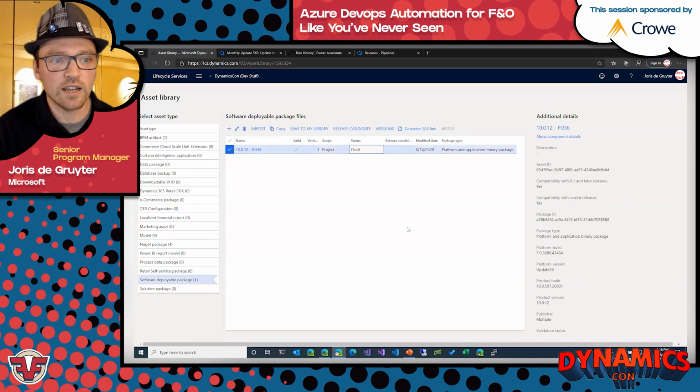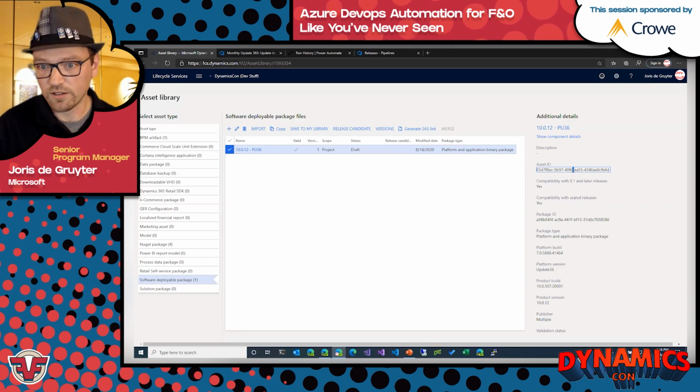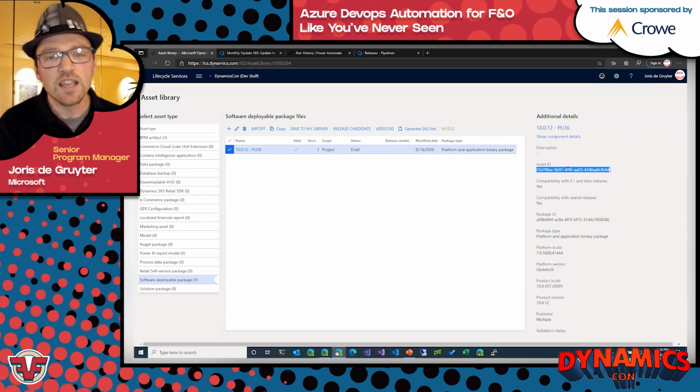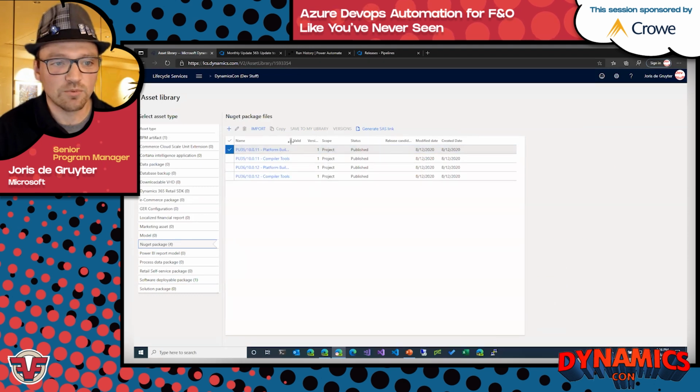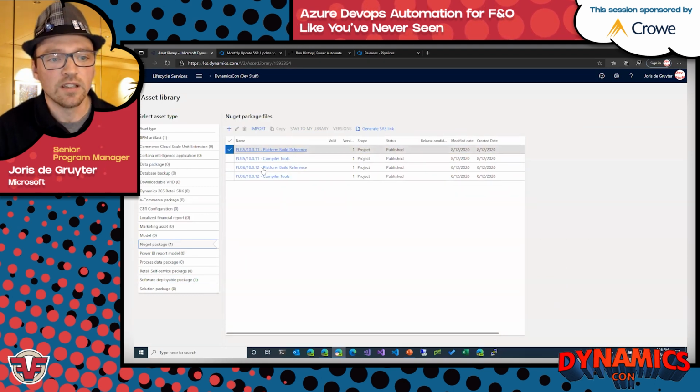PU36. So what I need to do is I'm actually going to gather the IDs of what it is that I'm going to deploy, right? Those are the only pieces that I need. I'm going to supply in my work item, and everything will flow from there. So I need this, and then the NuGet packages, which I'll talk about in a little bit. This is for the